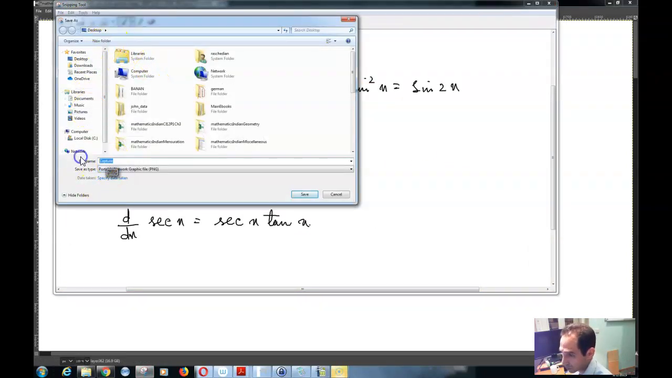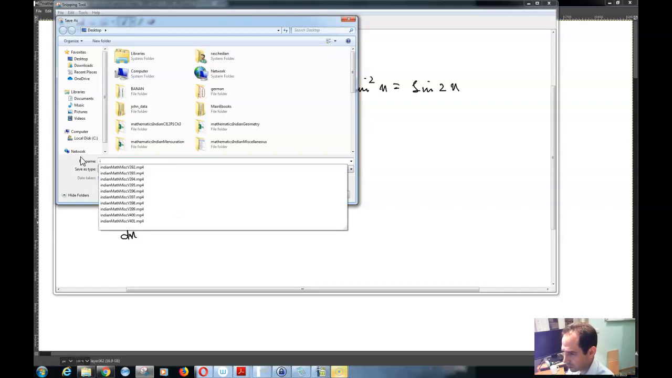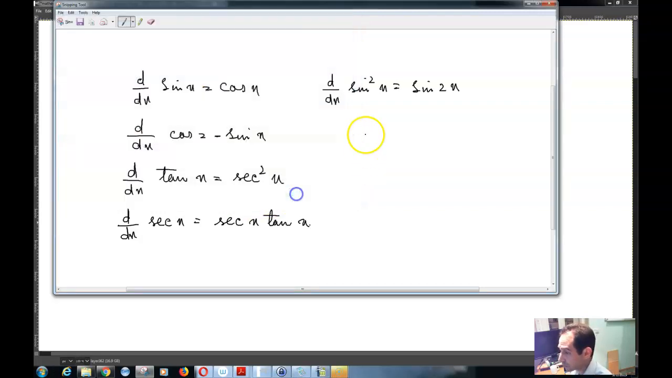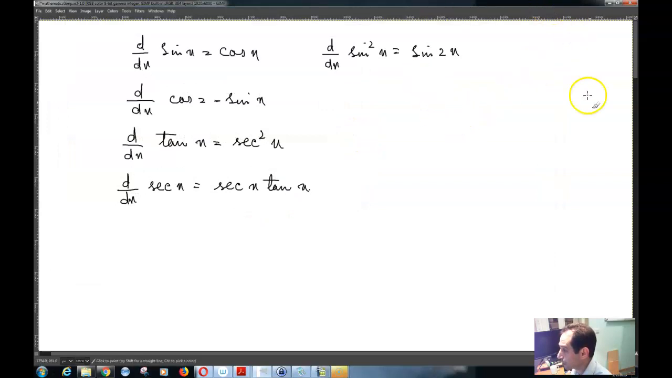We call it, for example, trigonometry. Basically differentiation. Application 1, save it on desktop, and now we can go and solve the second problem. Okay,